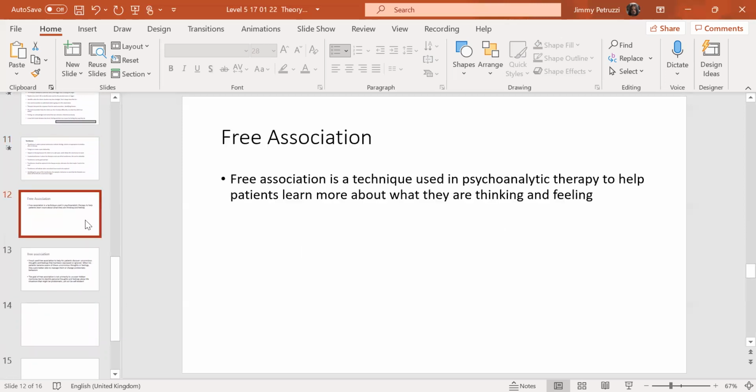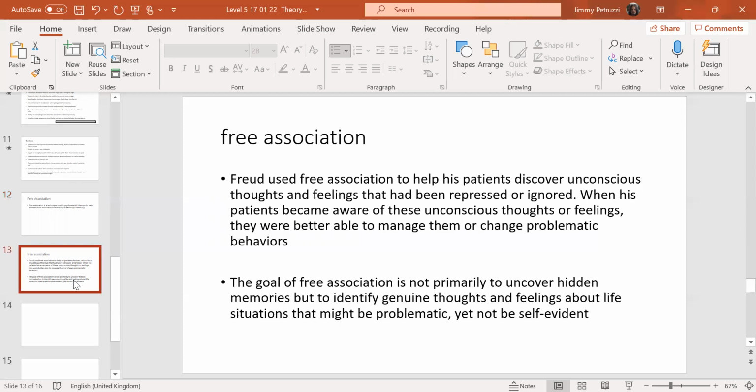Free association. Free association is a technique used in psychoanalytic therapy to help clients or patients learn more about what they are thinking and feeling. Freud used free association to help his patients discover unconscious thoughts and feelings that had been repressed or ignored. When his patients became aware of these unconscious thoughts or feelings, they were better able to manage them or change